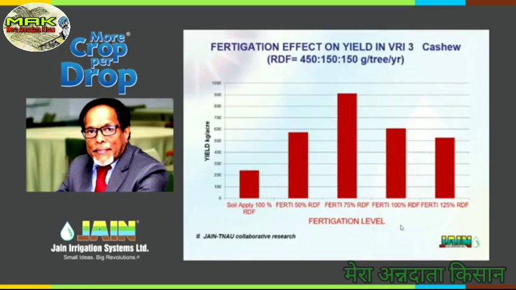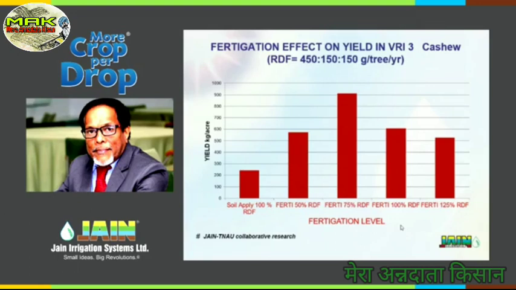Now, if you look at it, it is PhD research. The research is completed. And even with the fertilizer at 75% of the recommended, you produce the highest yield of 900 kilogram per acre of cashew nut. Where do you get that? So here, there is an interesting thing. If you do fertigation properly, there was a general feeling that it should reduce the volume of fertilizer you are applying. This is actually happening. This is one example, but I'm not saying that it will happen to every crop. I'll show you contrary to this also. But in cashew, it happened.